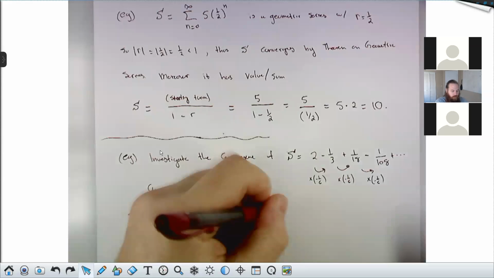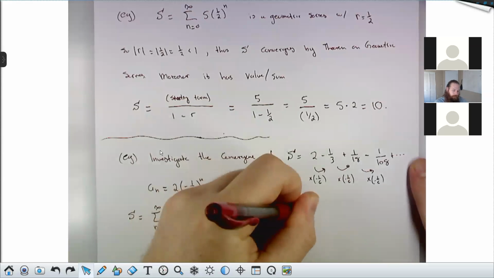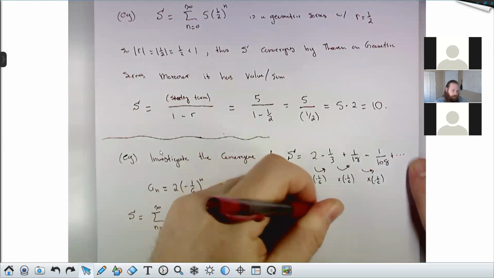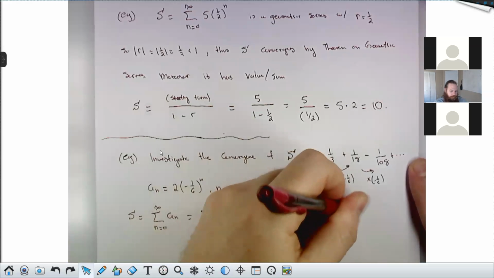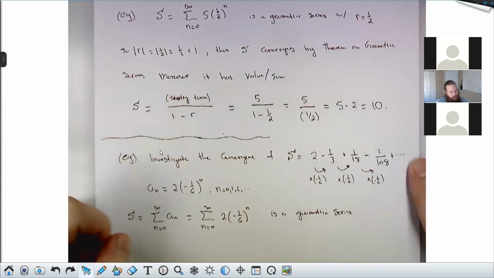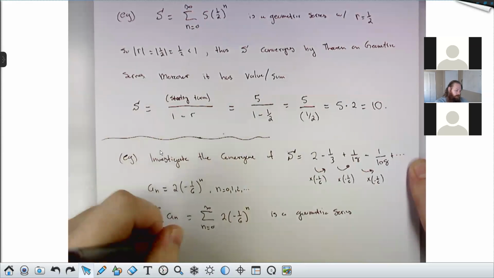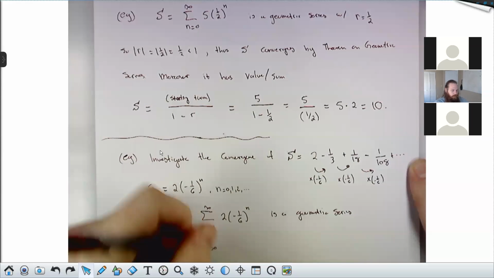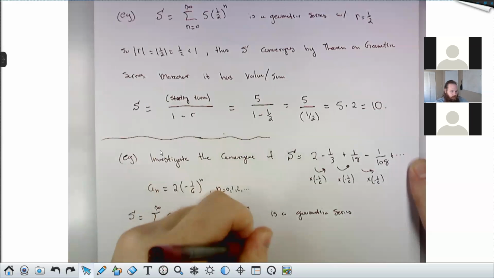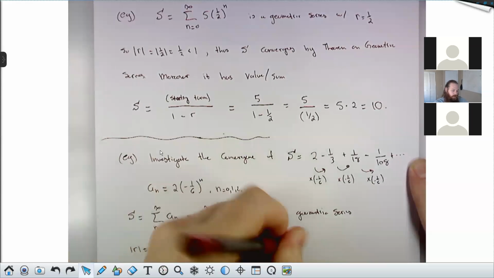This is a geometric series. And the absolute value of R here is the absolute value of negative 1/6, which is positive 1/6, which is less than 1. So the series S converges and has value